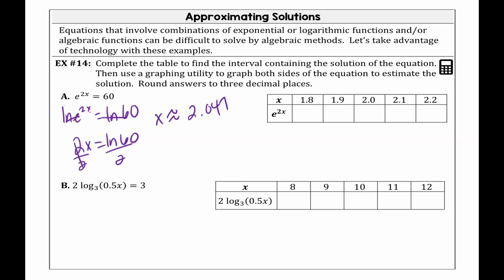Okay, so here we were talking about how you can solve and then plug this into the calculator to get the value. You could also use the calculator by looking at the table and filling in the table and estimating where it's located. However, that's if you want to do that. So if we were to use the table, when I plug in 1.8, I would get